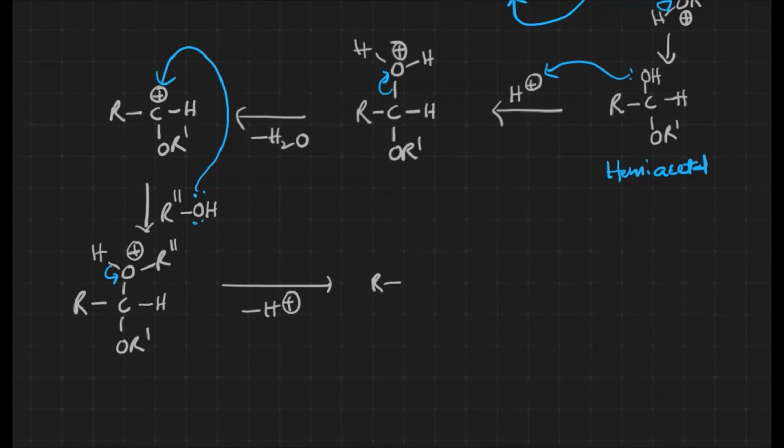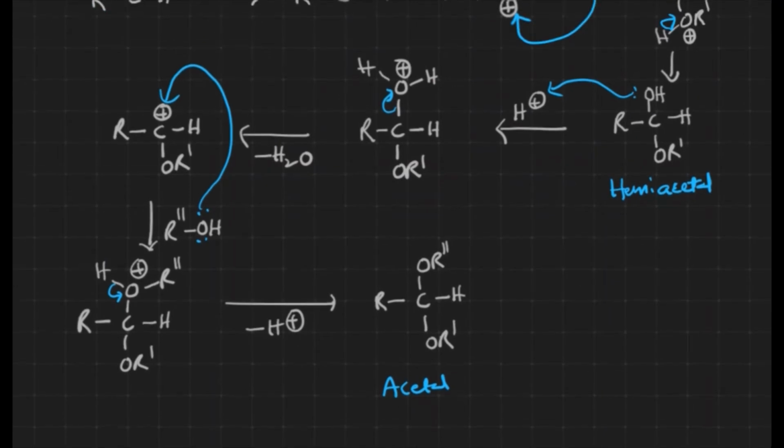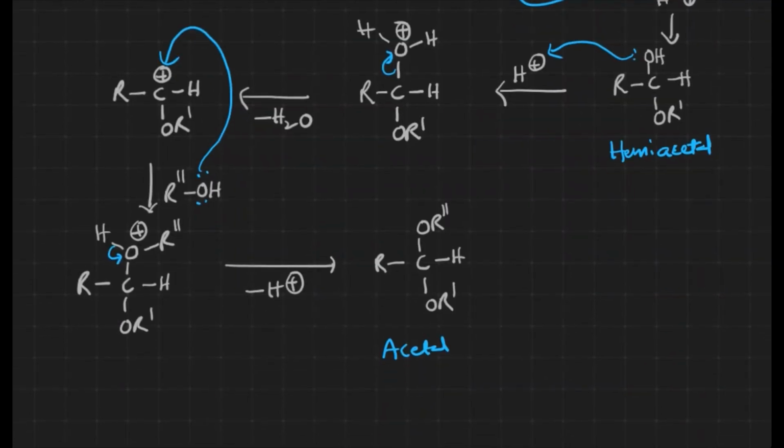We'll get a kind of structure. This is OR double dash H and OR dash. Now what kind of structure is this? It is an acetal structure, right? Why are we discussing this particular mechanism here? It is coming under nucleophilic addition reaction, right? What is the nucleophile over here? Alcohol is the nucleophile. That is why we can see this kind of thing.